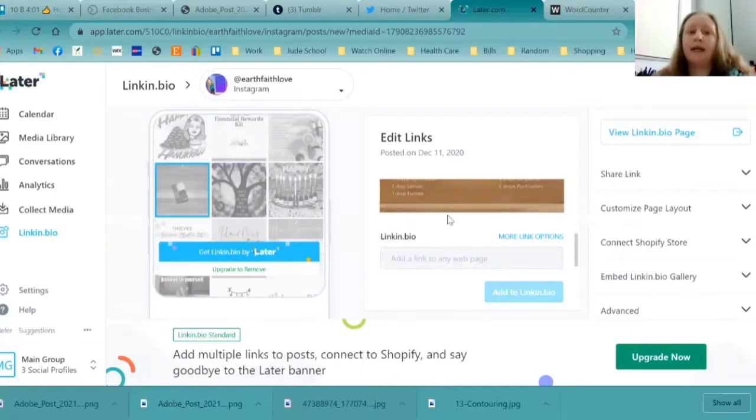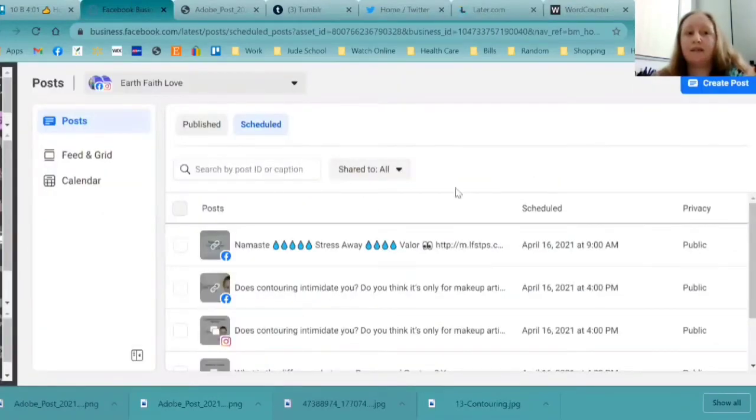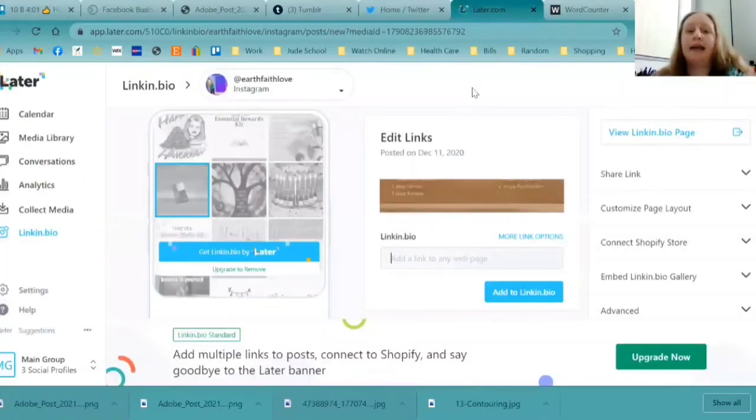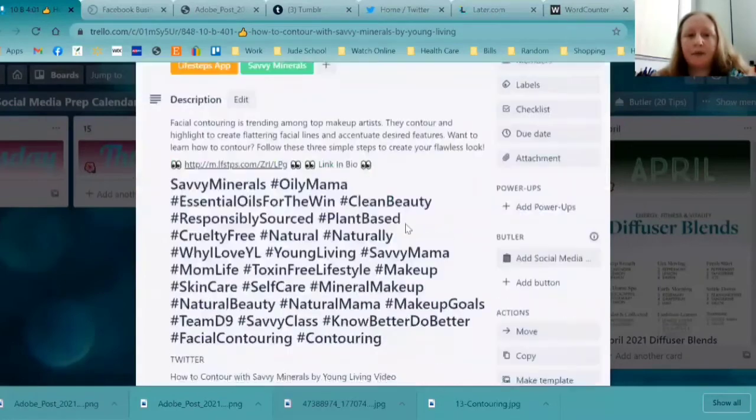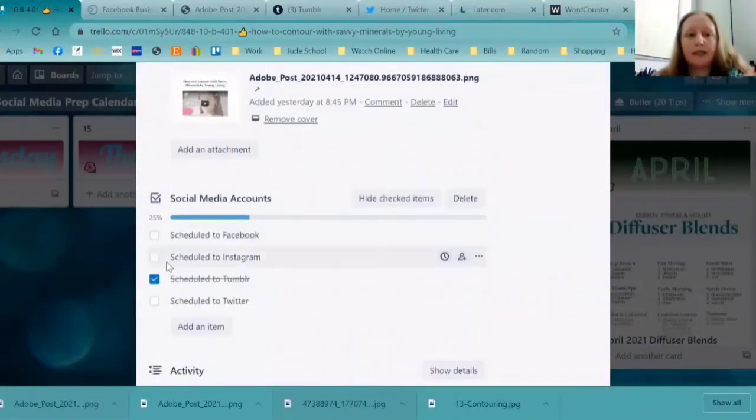So that's why I say what I do is I schedule my Instagram post through this Facebook business scheduler, and then I go on, and if you open this page from your cell phone, there's a way to click show desktop view. You have to be able to click on the desktop view for it to populate these 3 fields for some reason. And then you can post your link right here and you can add it, and you can do that unlimited amount of times. So this, I'm just going to go back here, and we scheduled this to Instagram.